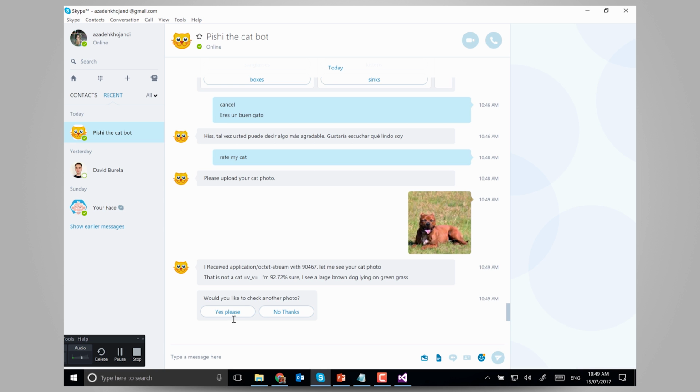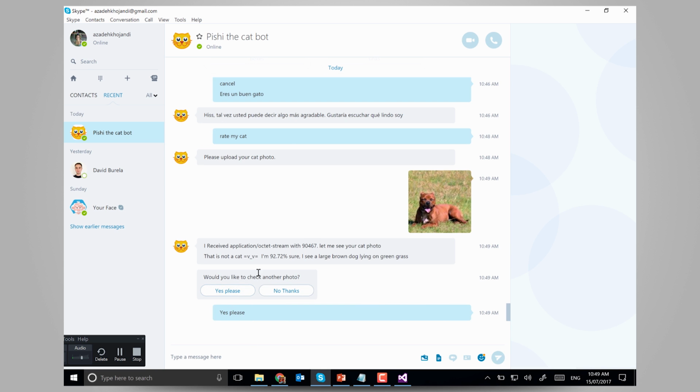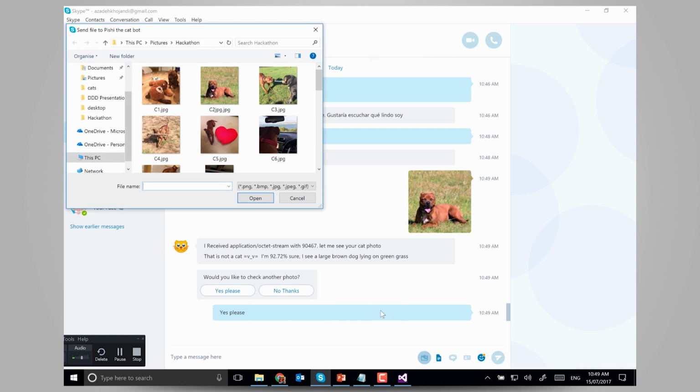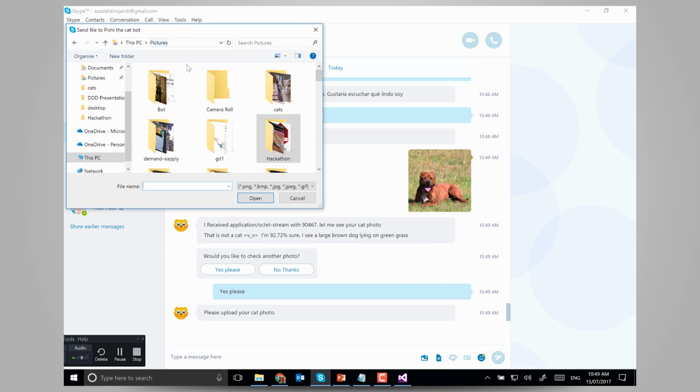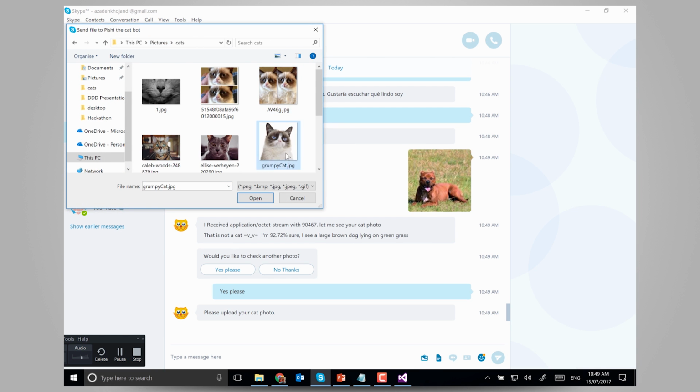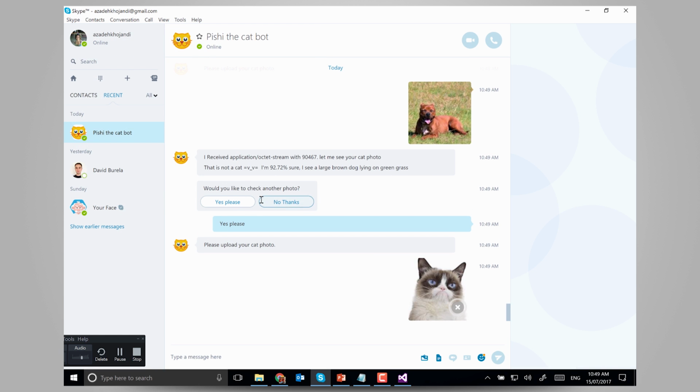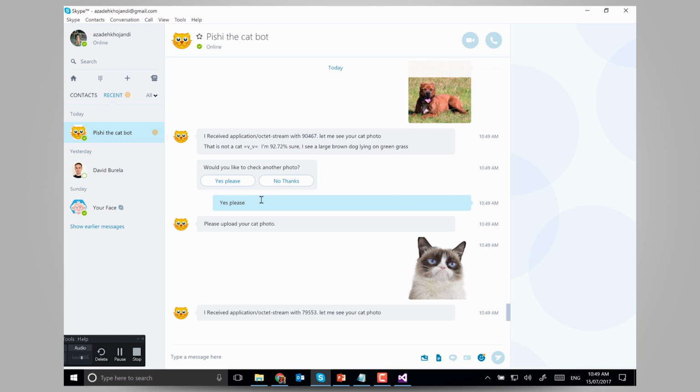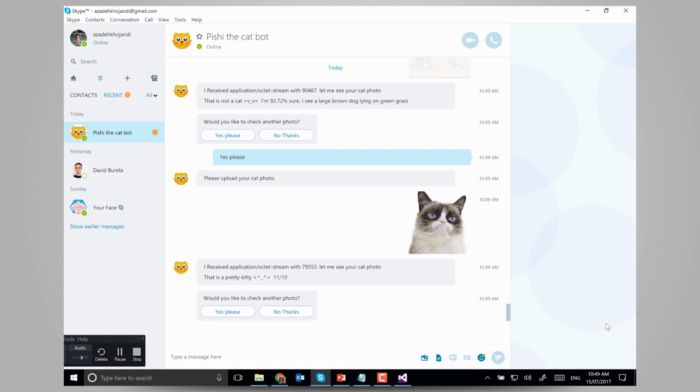And it asks, do you want to check another photo? And we say yes. So this time let's upload a photo of the grumpy cat. So I got acknowledgement, and it says it's a pretty kitty, 11 out of 10.